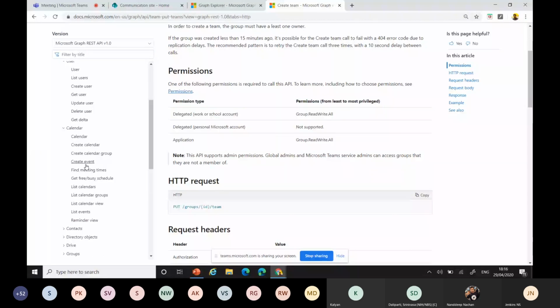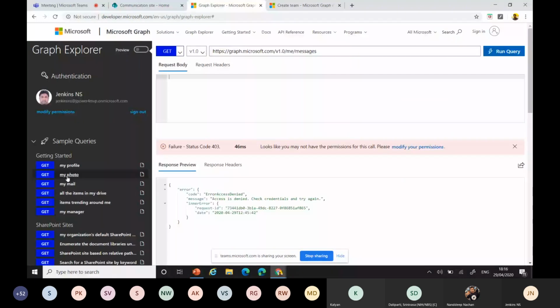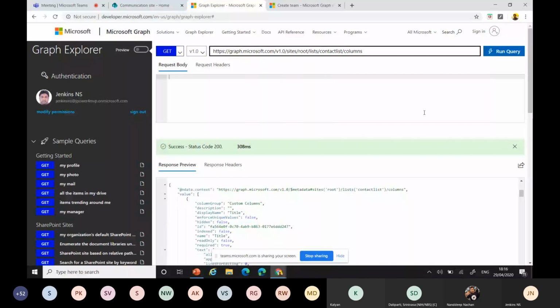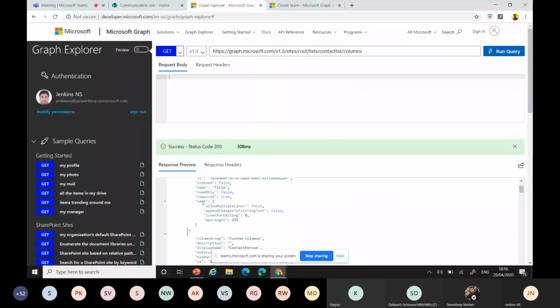I'll give some other things now. We don't want to waste time. Here you can see the username. We need to provide the list name. Usually a GUID is passed in the example, but you can pass your corresponding name also, that's fine. If you have a space, you can give the space also, then it works. You can put it in single quotes itself. You can get the values.